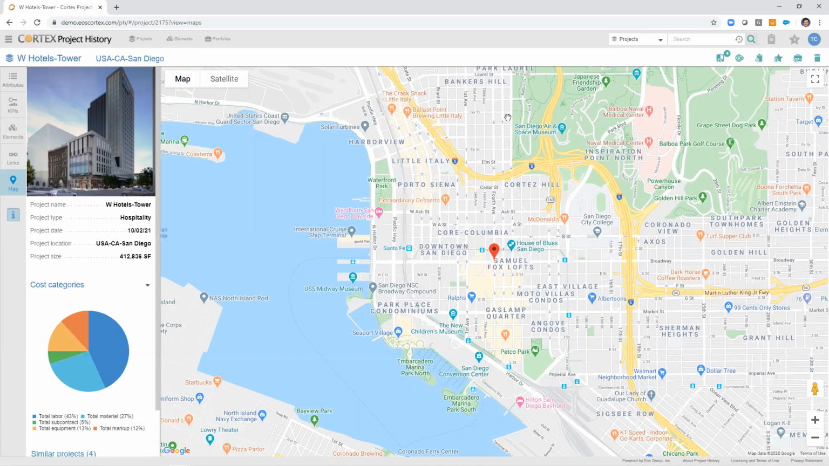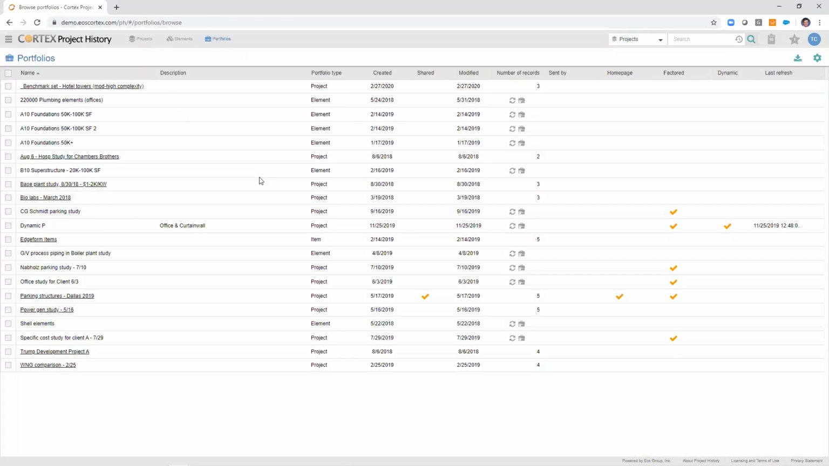So how do I find my standard? Well, one way is to use portfolios, and portfolios can be accessed using this icon. And here you can see I've got a series of portfolios. One that I positioned here up at the top so I can find it is my benchmark set for hotel towers that represent a moderate to high complexity. By selecting this,